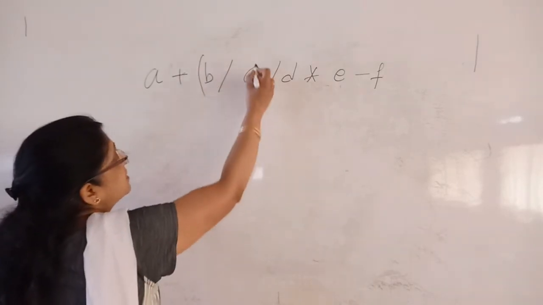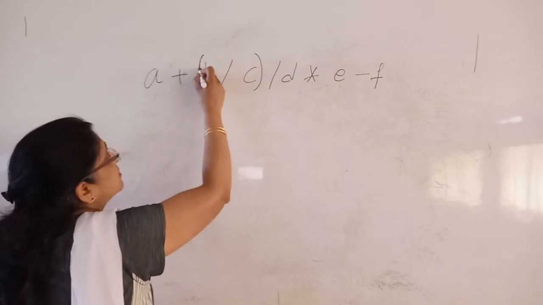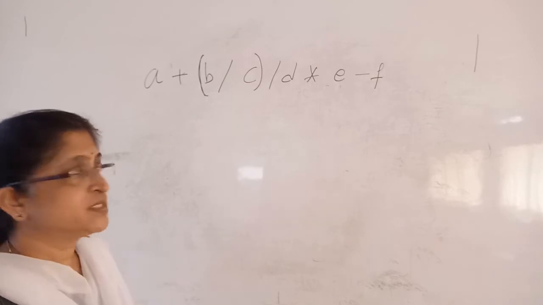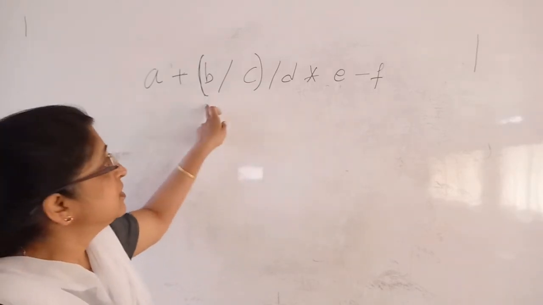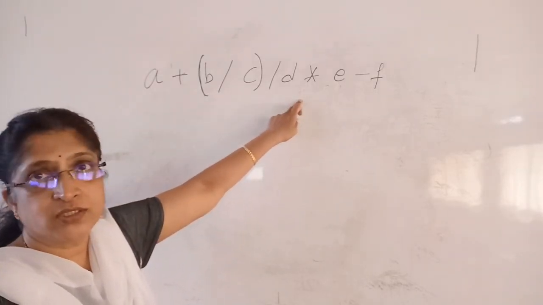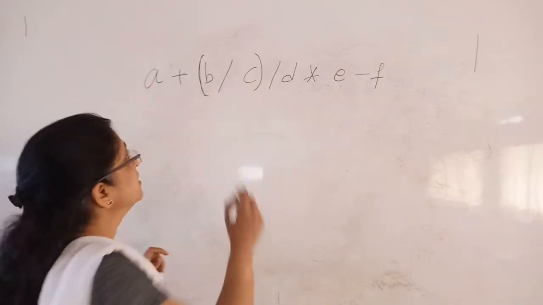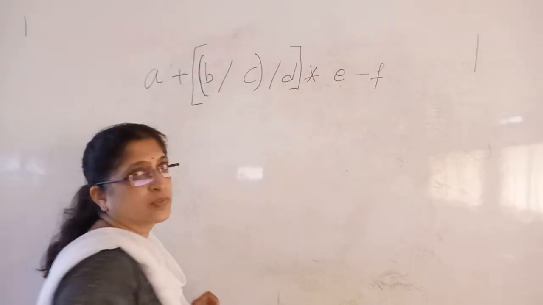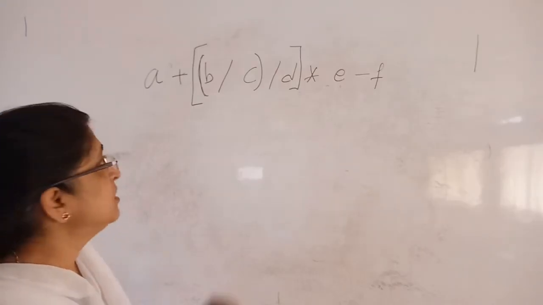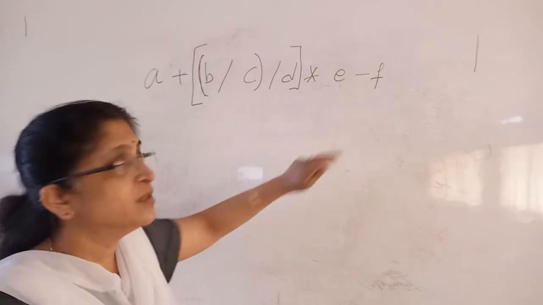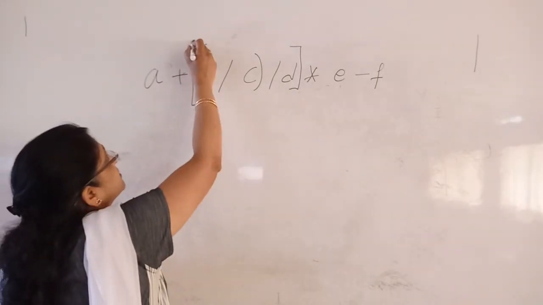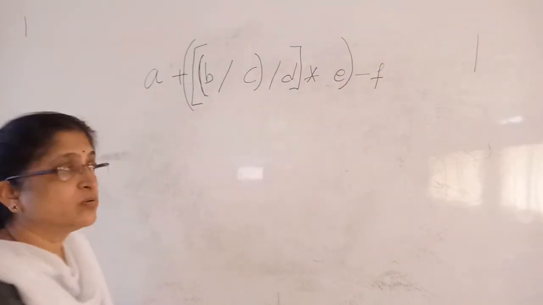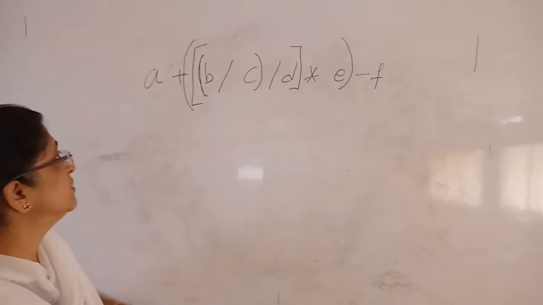So first it is A slash B. Okay, it is B slash C. Now I have parenthesized that. Then it is the whole result of this slash D. That is, this result is divided by D. I'll write a square bracket. Now I have multiplication, so this result is multiplied with E. I will write this. Now all the multiplication and division we have converted.